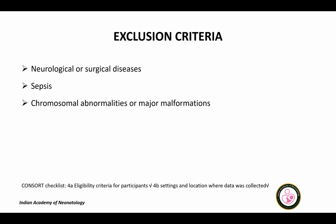So it was half enteral feeding time, that is time to reach up to 75 ml per kg per day in the number of days. Enteral feeding interruptions, not given feeds, pathologic gastric residuals, vomits and/or regurgitations, abdominal distension, beginning of oral feeding, full oral feeding time, weight growth, duration of respiratory support assigned at randomization, total duration of respiratory support needed, failure of the respiratory support assigned at randomization, length of hospital stay, and occurrence of complications as NEC, bowel perforation, pneumothorax, BPD, or ROP. So again,